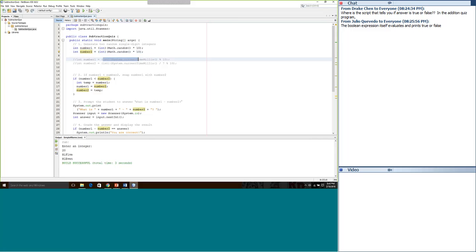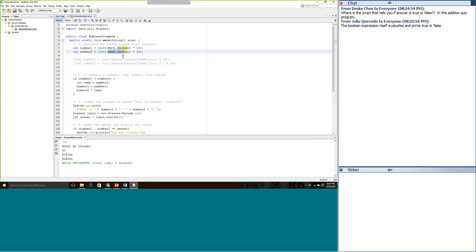You can also use the current time in milliseconds method, which we used earlier, but this is a new way to do it, so we're going to use it that way. All right, the second step. If number 1 is less than number 2, we need to swap them. After all, if I said to a first grader, what is 1 minus 2? The first grader is going to get completely confused. So we need to make sure the first number is the bigger number.